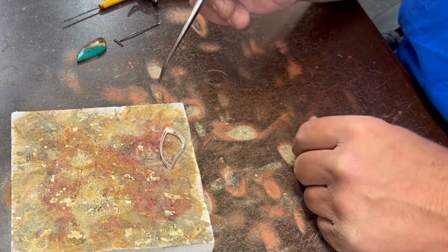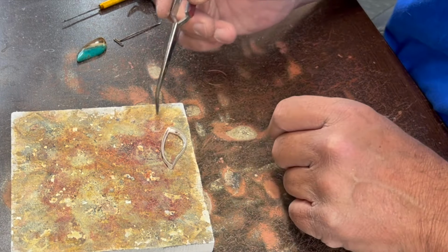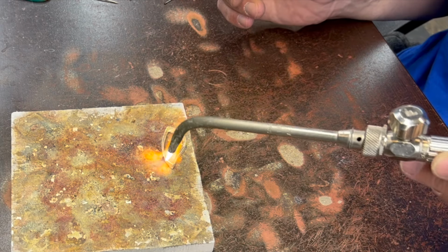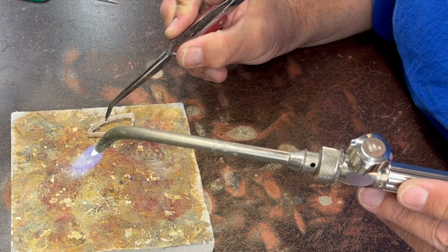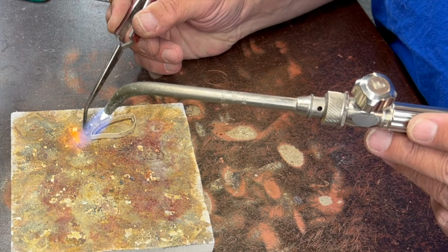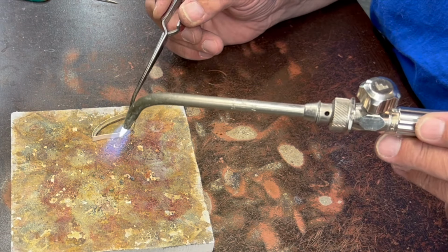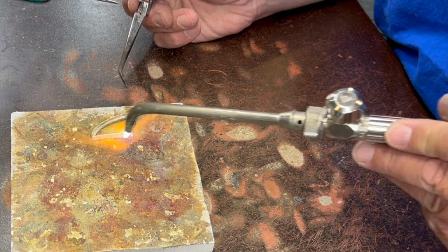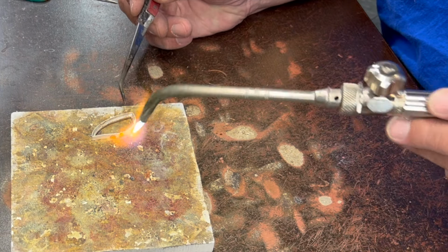Alright, I'm going to flux this and make sure everything's pushed down, and then we'll set it right on top of those pieces of solder, and then we'll heat the outside and it should draw it up in there. So the pad is not perfectly flat anymore. And so when this gets hot enough, if some of that doesn't jump up in there like it should, it's because it's not quite in contact with the solder. The solder doesn't really jump gaps. So if you put a little downward pressure so it's touching the solder,